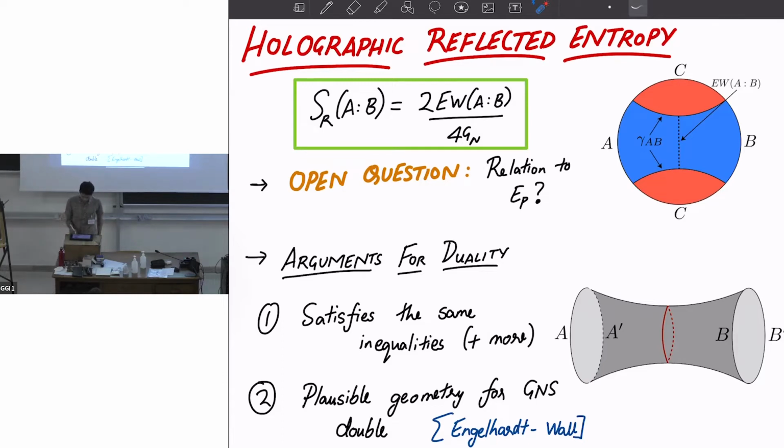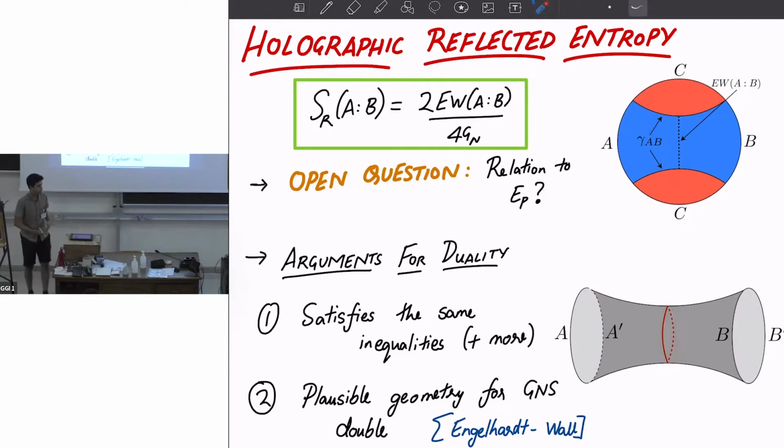We know that the system A and B is dual to the entanglement wedge, this blue region. And by this canonical purification, all we're doing is doubling the system in a very symmetric way. And so a natural saddle that you could consider is to just take 2 copies of this and then glue them at these extremal surfaces. That gives you some kind of cylinder-like geometry where the entanglement wedge cross section, or more so 2 copies of the entanglement wedge cross section, are the throat of the cylinder.